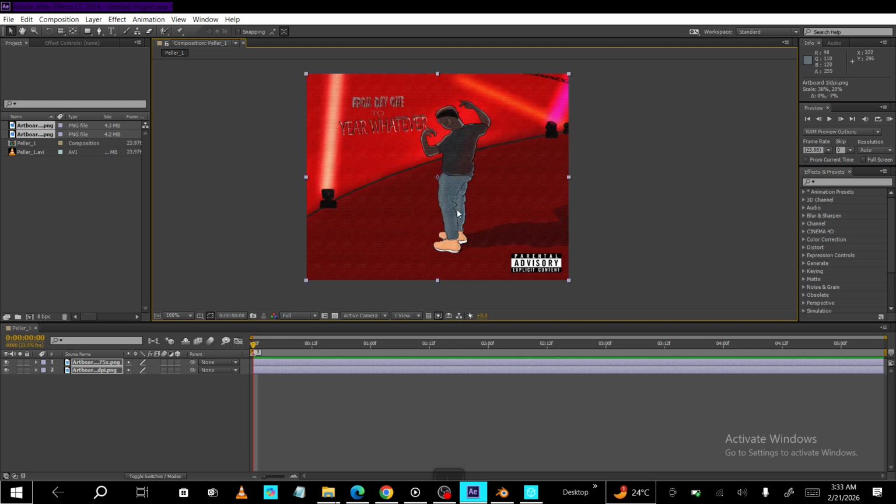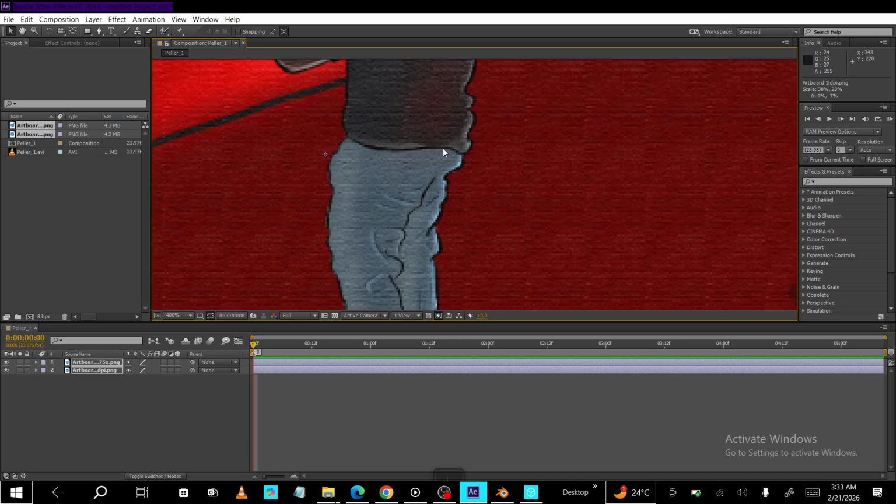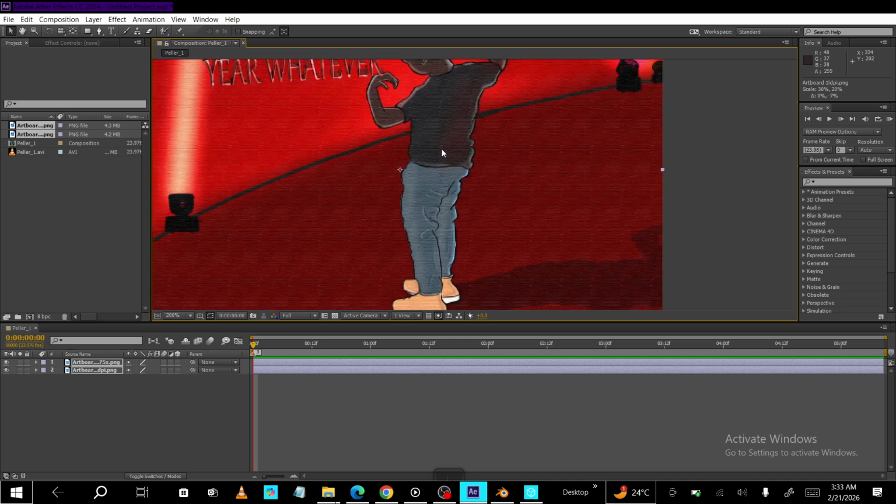At this point, your Illustrator artwork is fully set up inside After Effects with all layers preserved and properly sized. You're now ready to start animating, knowing that your project